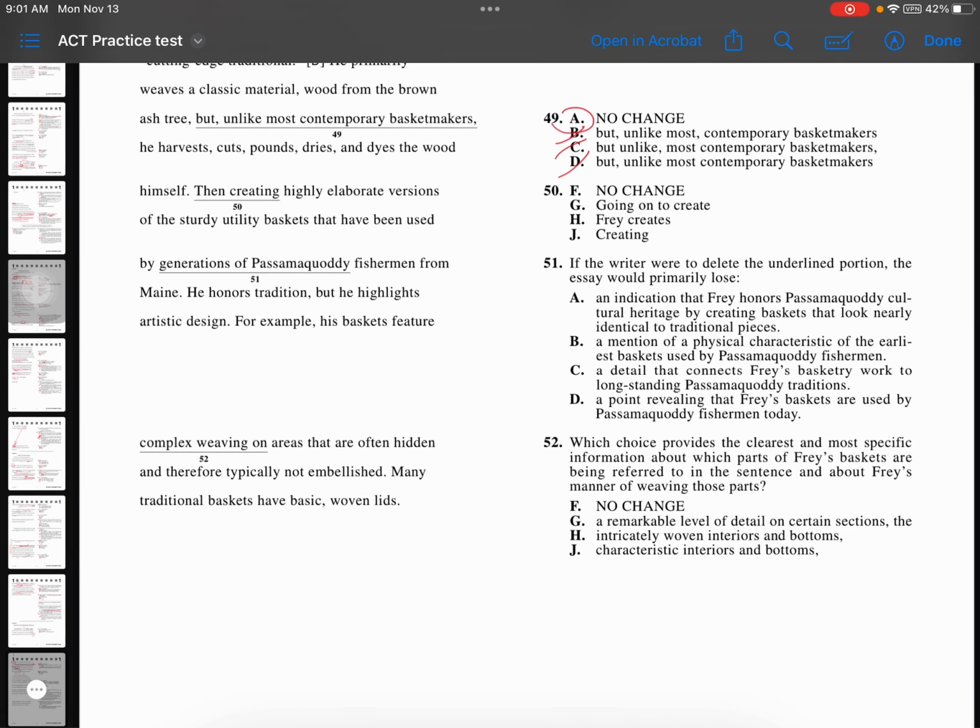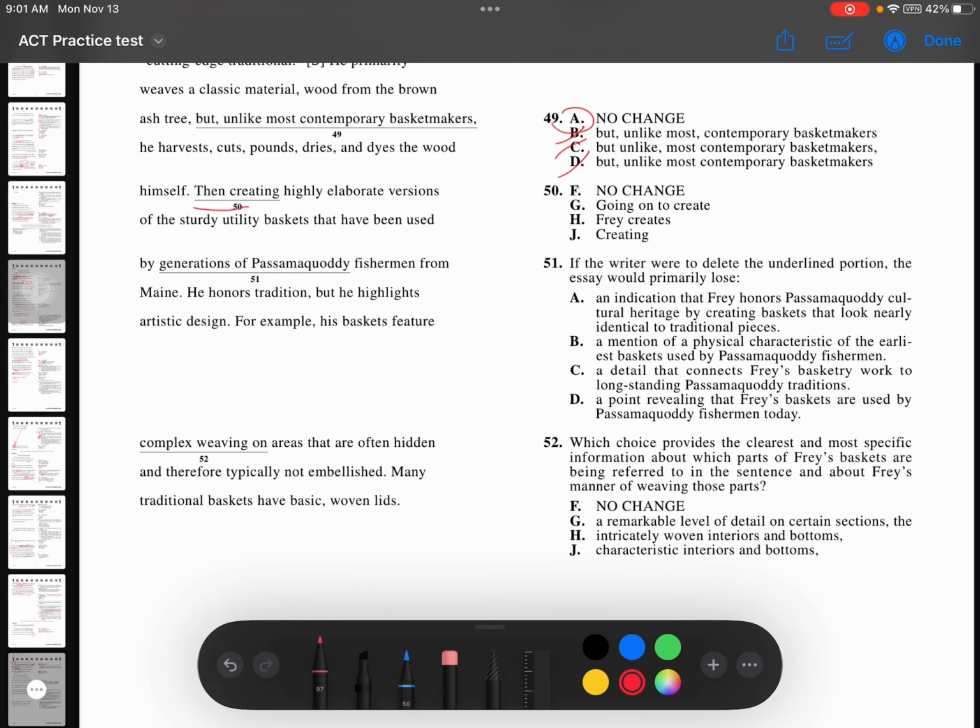Fifty, then creating highly elaborate version of the study details that have been used by generation. Well, if we start with that, then we're going to need some comma and a subject. Let's just start with the subject. Faye creates. Going on to create, still don't have a subject. Creating, still don't have a subject. Baskets that have been used by generations of fishermen from Maine. The writer were to delete the underlined portion, the essay would primarily lose